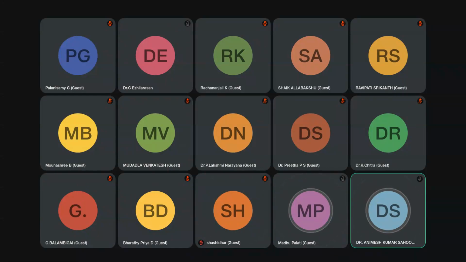PSSE is basically mostly used by industries, so they don't provide free versions. But there are similar software. If you want to do power system simulation, there is something called PowerWorld Simulator, which is free for academic purposes. But for PSSE, you either take an academic license or an industry license.